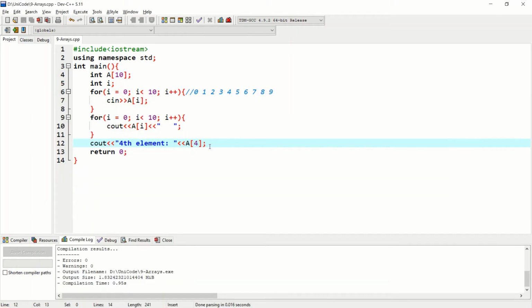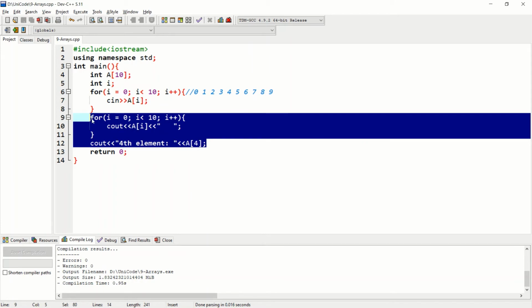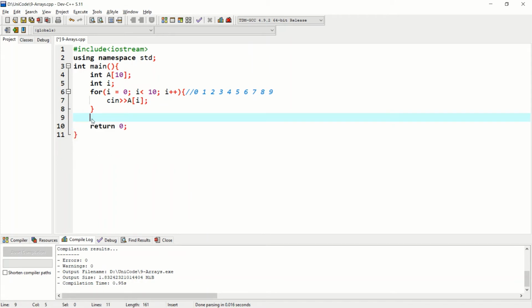To make it simpler, we'll make some code related to arrays, like the sum of all the numbers in an array.